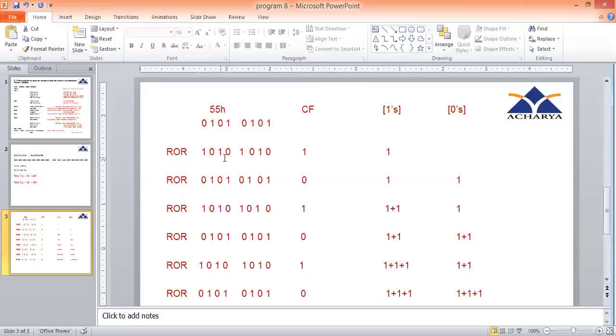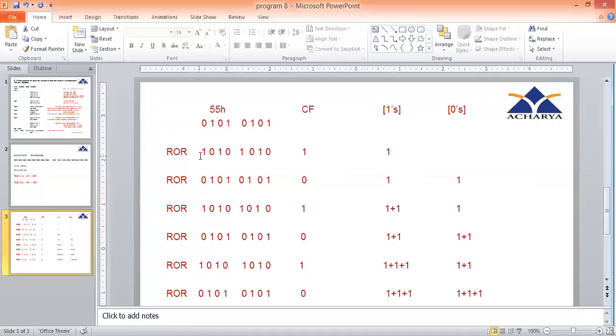Now let's take this number, 10101010. We take this number and rotate it once towards the right. So what will happen? 0 1 0, this 1 is coming into this nibble, and this particular LSB 1 is going to the carry flag and is also getting rotated to the MSB. A copy goes to the carry flag and comes to the MSB. Once you get a bit in the carry flag, you check the carry flag. If it is 1, increment the counter for 1. If it is 0, increment the counter for 0.